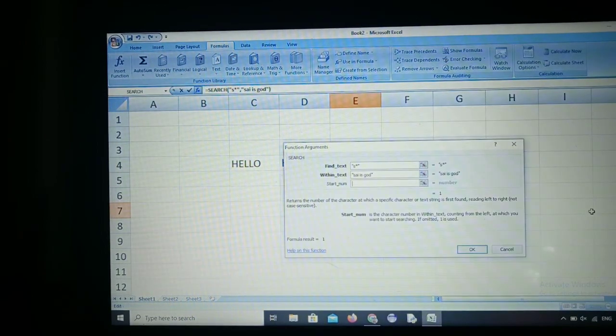The next one is SEARCH. So I am searching "S star" within the text "Sai is God". S star means the word must start with S, and after that we can have any number of characters, and it returns the position.